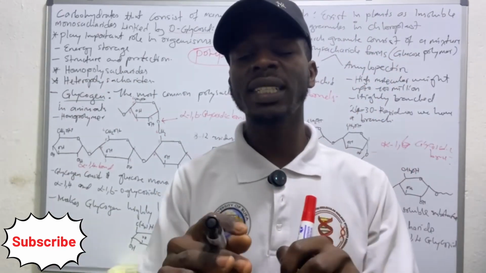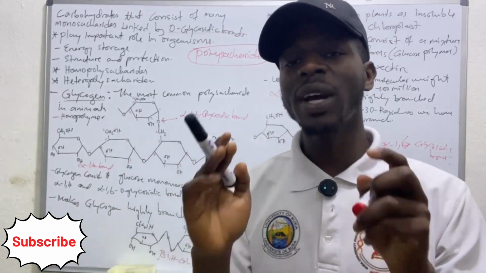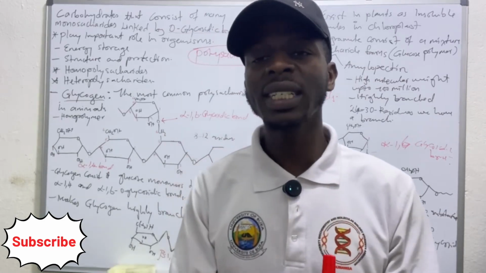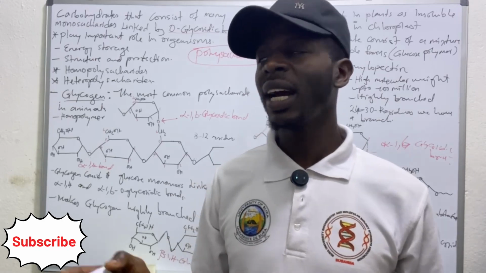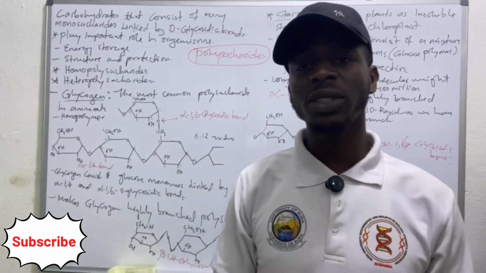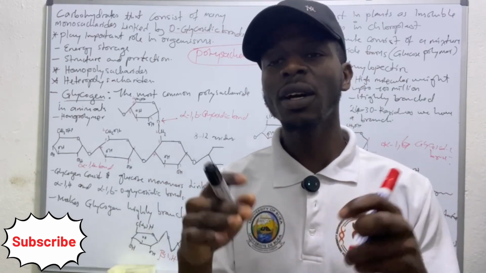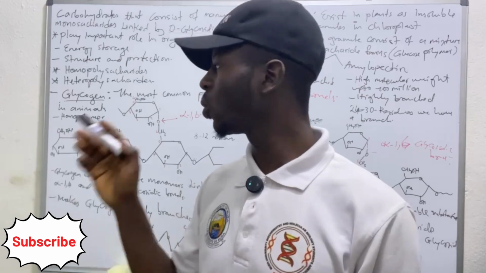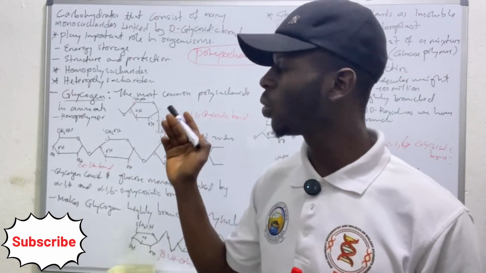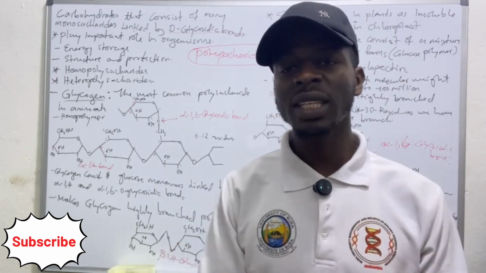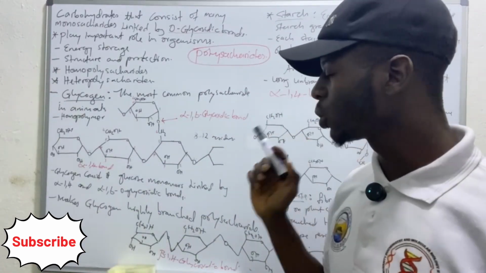These polysaccharides are broadly classified into two different categories. We have the homopolysaccharides and we have the heteropolysaccharides. The homopolysaccharides are those type of polysaccharides that are made up of the same type of monomers which are repeating, and they are connected together by the O-glycosidic bonds. While the heteropolysaccharides are those type of polysaccharides that are made up of different monosaccharides which are also connected by the O-glycosidic bonds. But for the purpose of this video, we are going to focus mainly on the homopolysaccharides, and we are going to see three different homopolysaccharides here, which is glycogen, starch, and also cellulose.